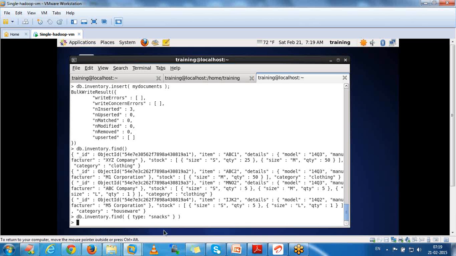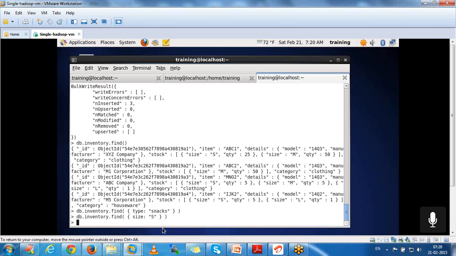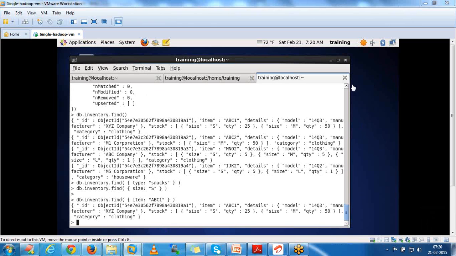I think this property is not there, so we'll go for another option like size equal to M. If you want to get whatever size we have inserted, size with medium or small, you can check for any option. So like this, if you want inventory.find, if you want to get the item, or if you want